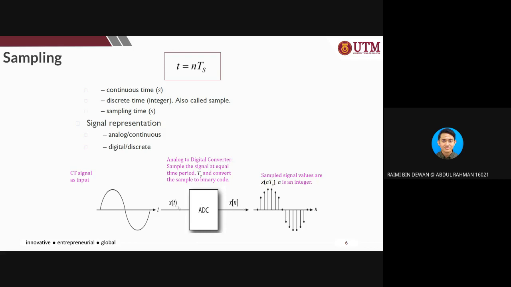You see, right? This one is analog, this one is discrete, from t to n. Know the difference. Then we sample the signal values as x(nTs), where n is an integer. So it is x(t), but the converted signal is x(nTs). We still follow the trend of the original signal in terms of shape. However, we only sample at discrete time values. Therefore, we only have values at the discrete times and zeros at the other, non-sampling times.